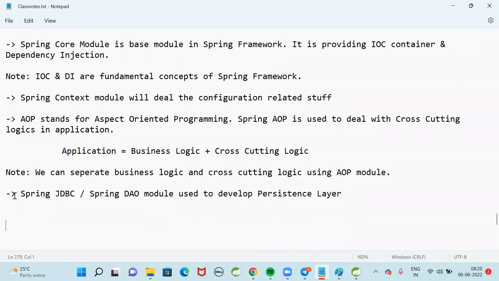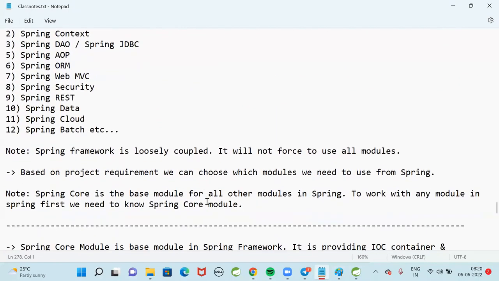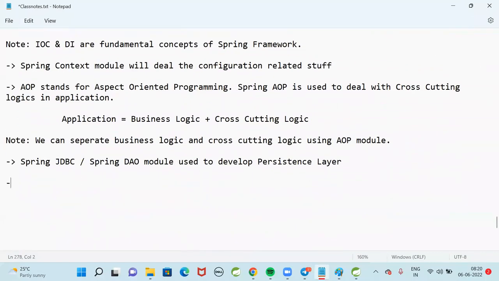Everything will be taken care of by the Spring JDBC module. You just need to tell Spring JDBC which query you want to execute. You just need to focus on your application development.